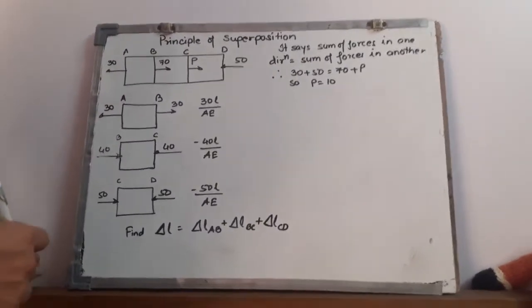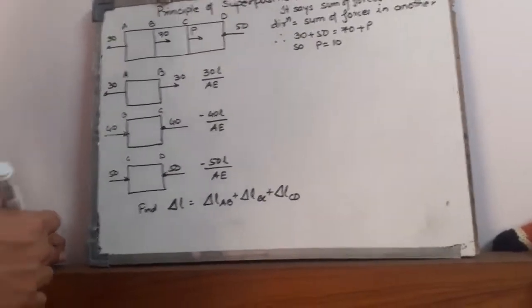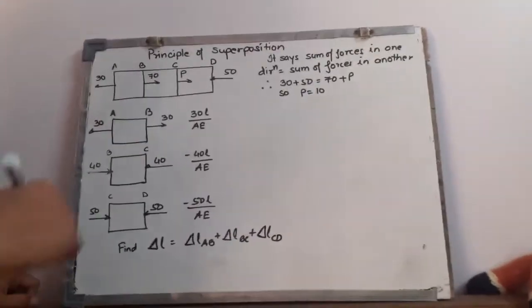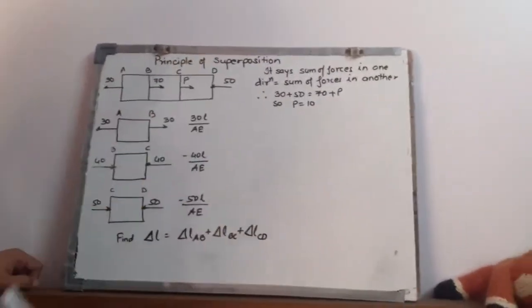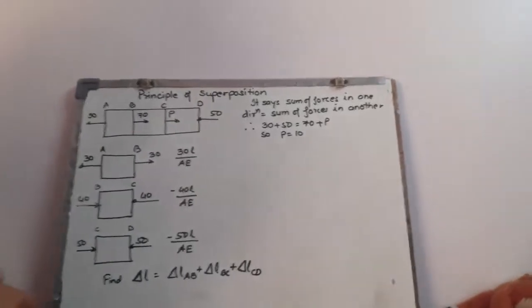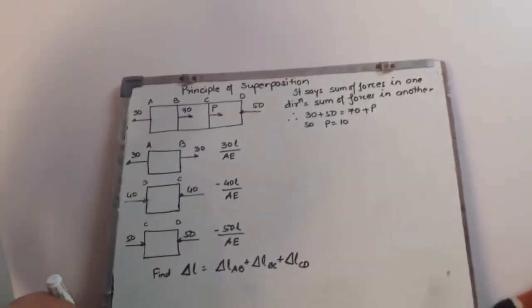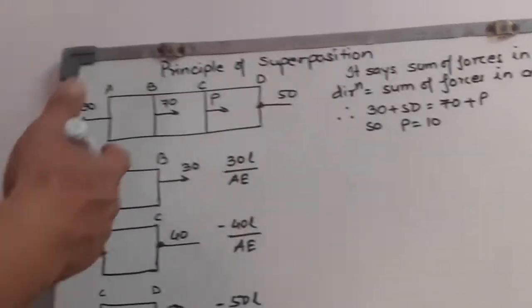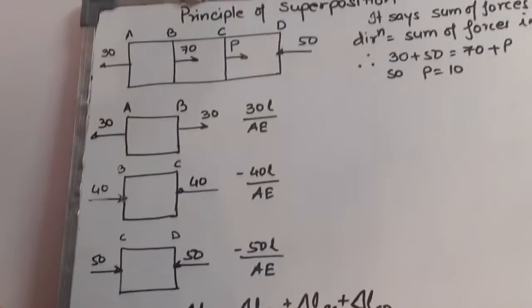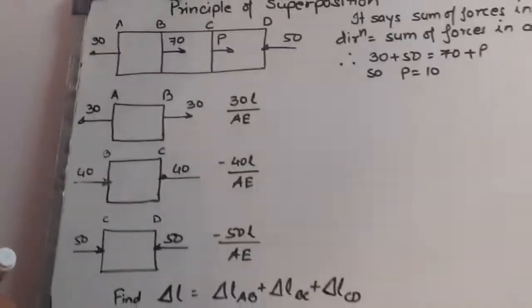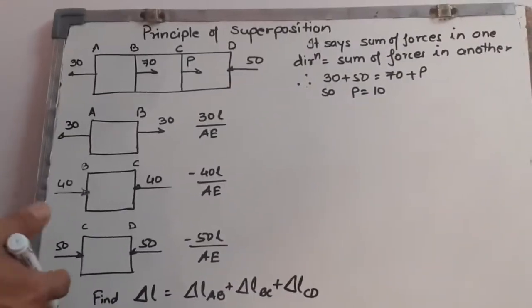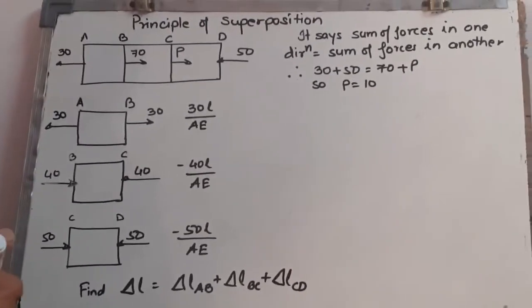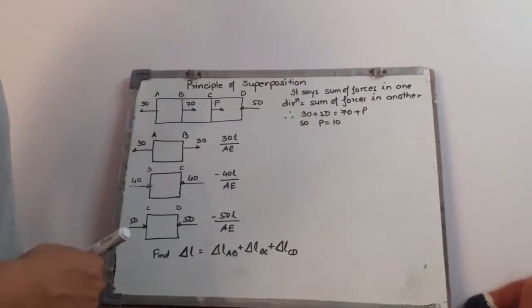Now this is a special case where the loads will be different at different joints. These are three different members, AB, BC and CD, and they can be made up of different materials, so you will have different E. They can be of varying length, so you will have different L also. And from the figure it is clear that the cross-sectional area is the same for all the three members, but you can always have a situation where the cross-sectional area is also varying for all these three sections.